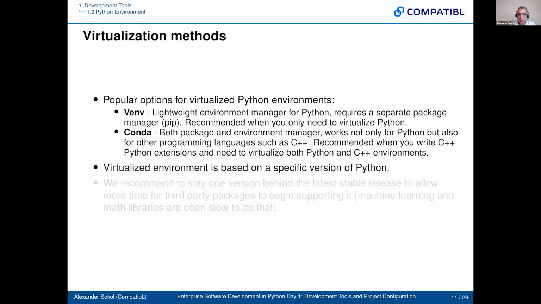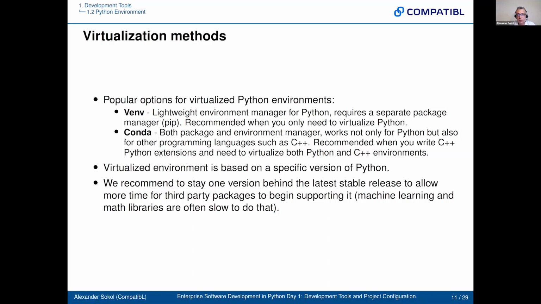And your virtualized environment for both of them is based on a specific version of Python. And we recommend to stay one version behind the latest established stable release. For example, right now, the latest stable release is 3.10. I'm using 3.9 because there are a lot of third-party libraries that take time to upgrade and certify the latest Python version. For example, machine learning libraries, math libraries, where some answers change a little bit. They want to verify why. So my recommendation is to always stay one version behind, unless you've been waiting for 5 years for some wonderful Python feature that they just released, and then you have to